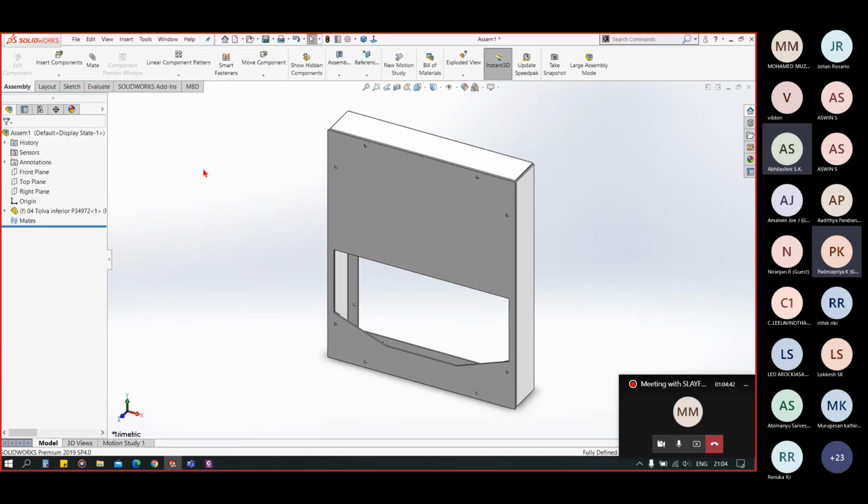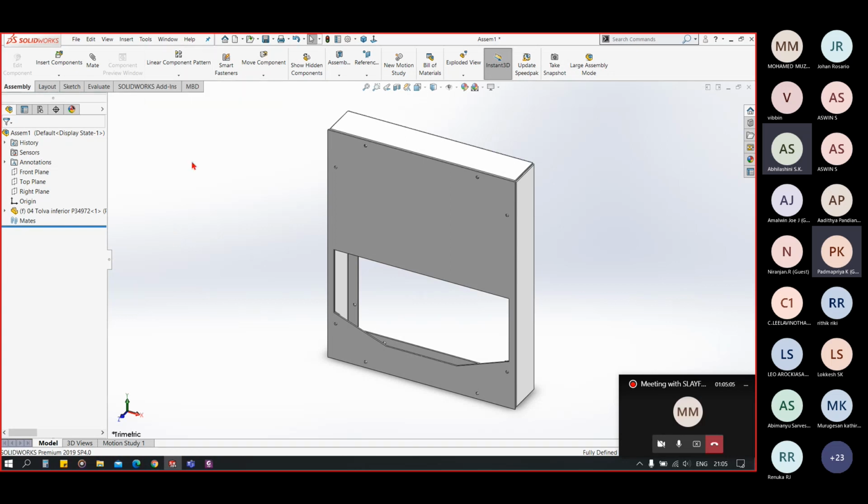Now in the component pattern, we have seen the linear pattern, circular pattern, and mirror component, which are the same as in our 3D. The new thing here is the pattern driven component pattern, in which we can have a pattern of anything using a pattern feature in the part.